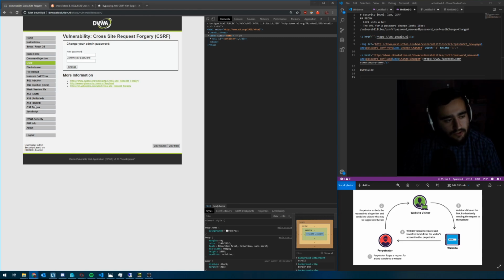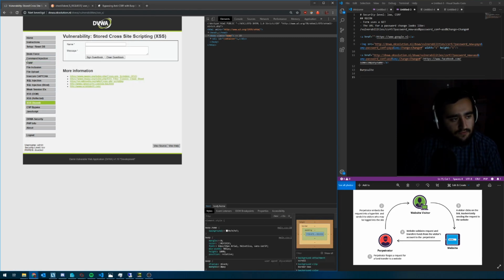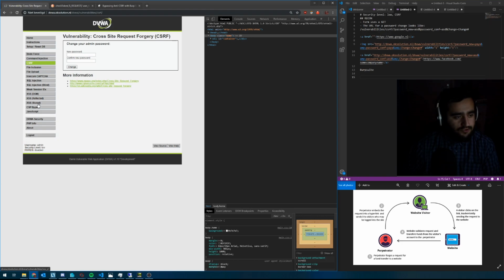In order to set this video up, I'll be using a combination of cross-site scripting and cross-site request forgery, because the cross-site request forgery on its own is pretty simple. As you can see in this image right here, a perpetrator sends a victim a URL which is meant to look like something innocent. For example, let's say I send you an email with a link in it to my